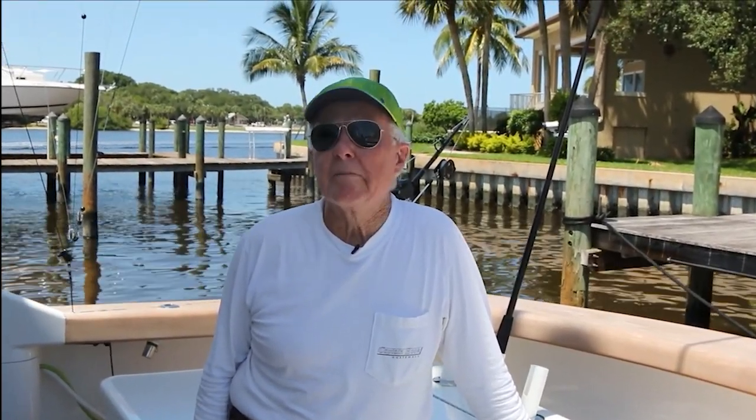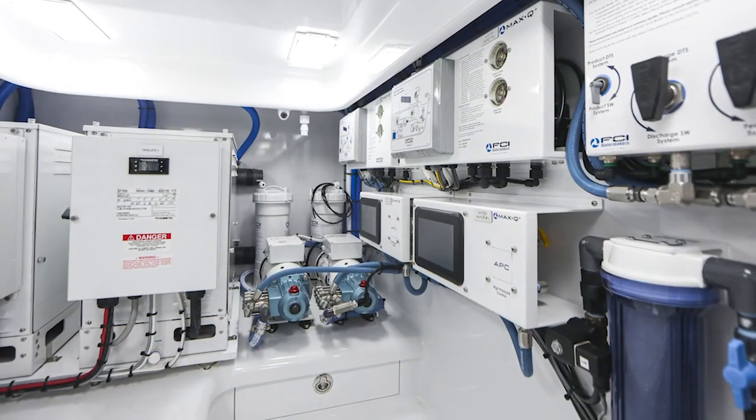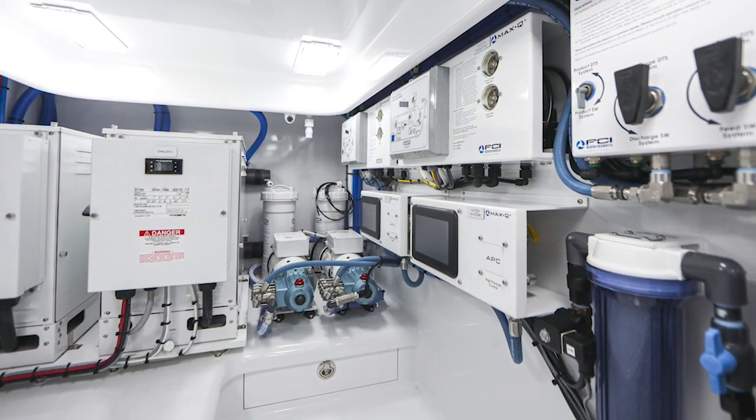So we fished Mag Bay a lot every year in the fall and into the winter season. We're away from any significant port by 150 to 200 miles, and a boat that can't be self-contained can't be there, is really what it boils down to. And now that we've started to fish the FADs over the last 8 or 9 years in Costa Rica, we're out for 5 days typically on those. So again, we have to be self-contained, and we have to be very comfortable 24 hours a day at sea,